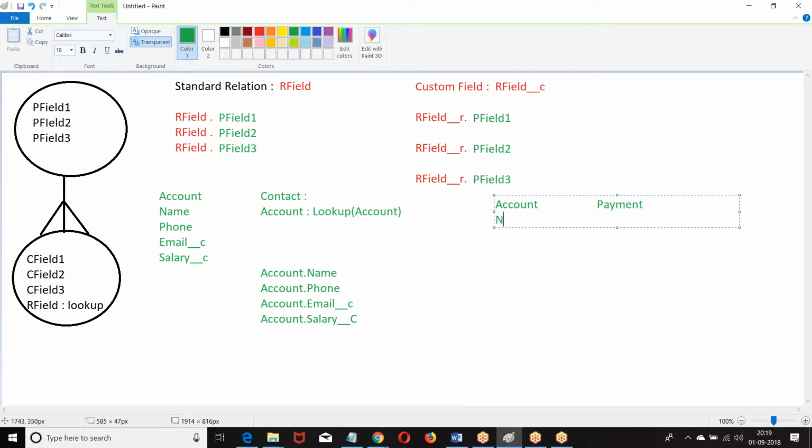Now what are the fields we have? Lookup to account. How you refer?